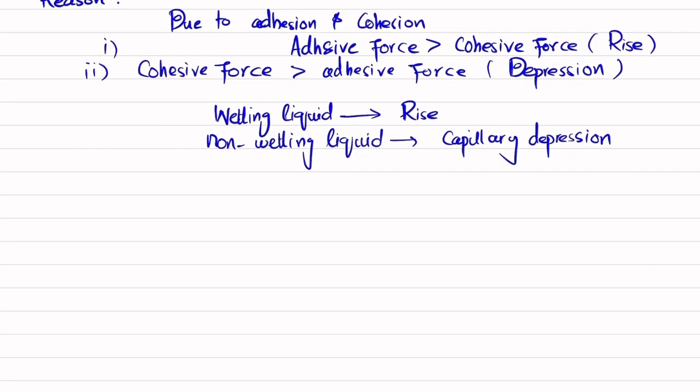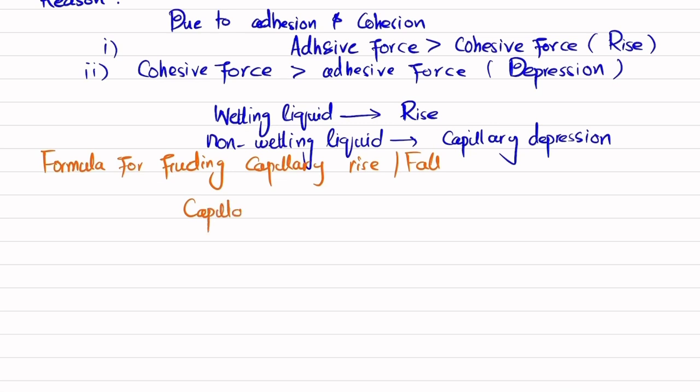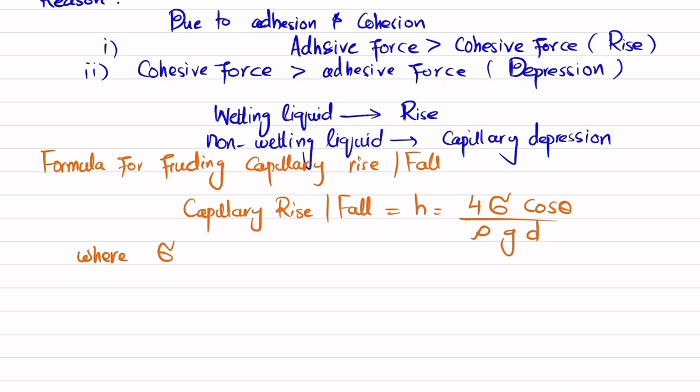Now what will be the formula for capillary rise or fall? So we will talk about that formula for finding capillary rise or fall. So this capillary rise or fall is equal to h, and this h is equal to 4 times sigma cos theta divided by rho g into d, where sigma is equal to surface tension,